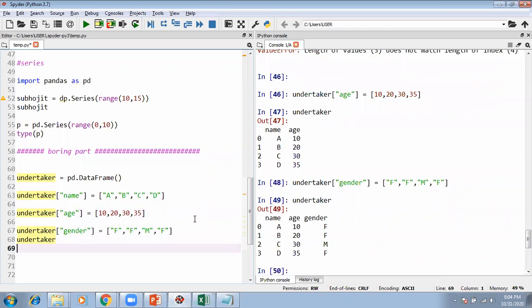Gender. All right. Now you must be thinking, are we going to create data like this when we have millions of rows? Certainly not. This is only to make you understand. We are not going to create the data frame like this manually. The data will be given to us and we are going to simply import the data. That's it. So now let's understand how we import the data set.